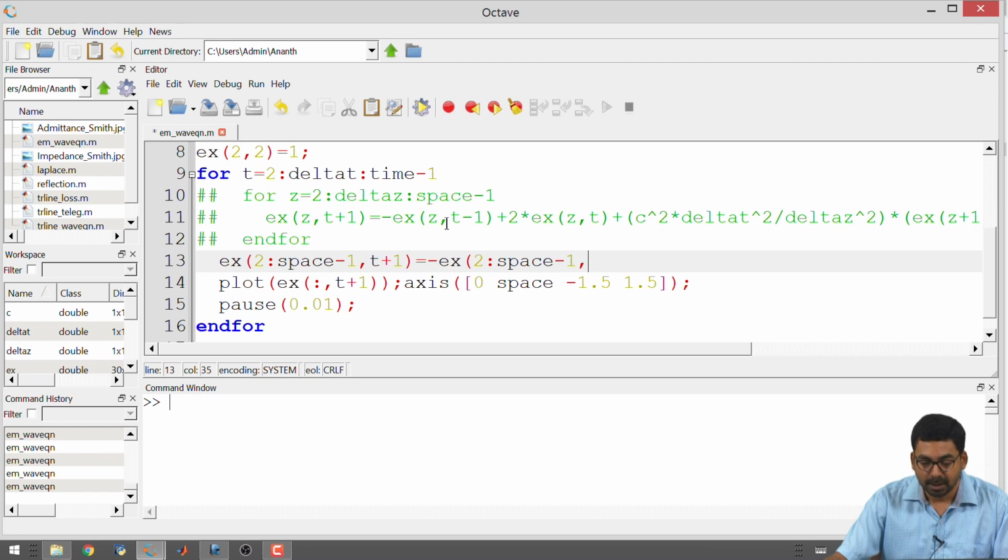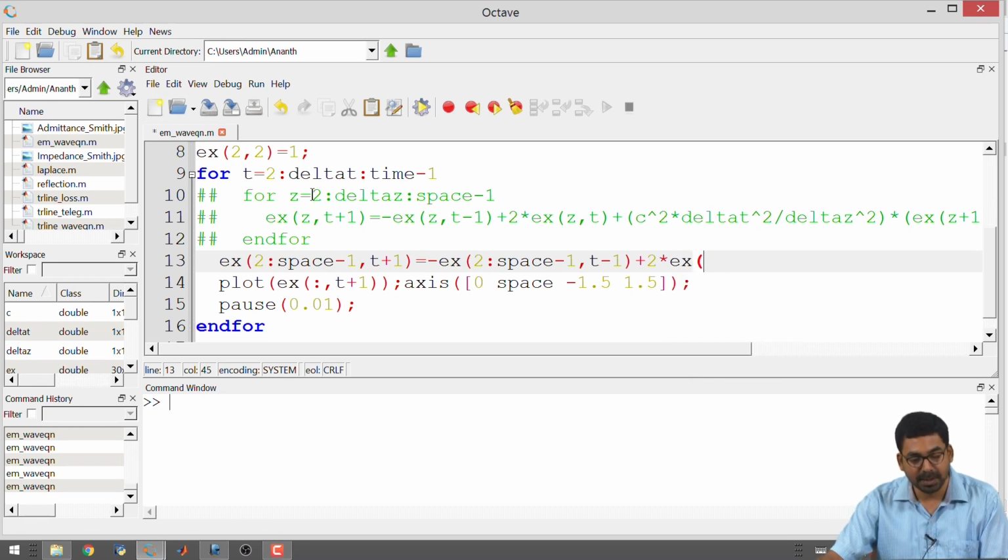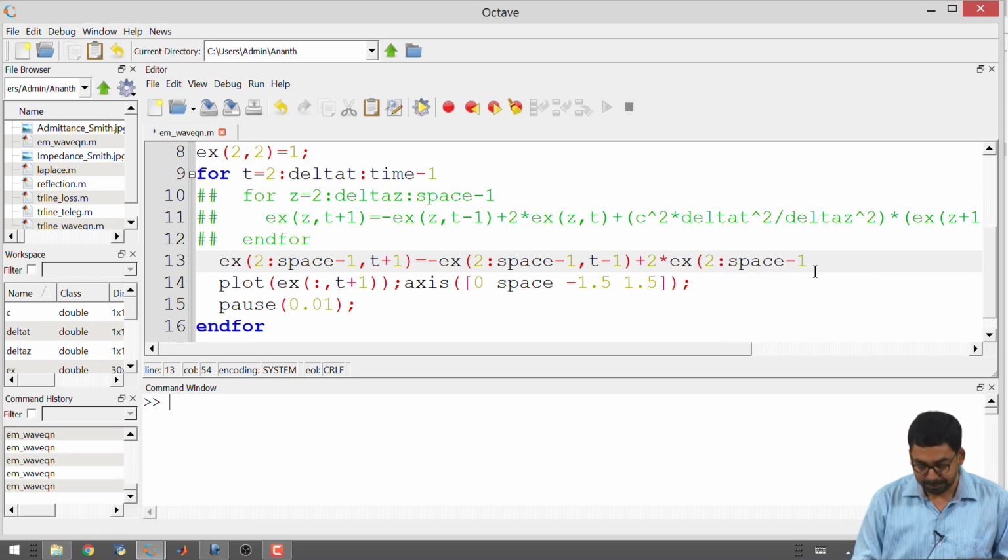Comma, then I have a time indicator of t minus 1, okay, plus 2 times Ex of z comma t, z is being substituted with 2 colon space minus 1, and comma t